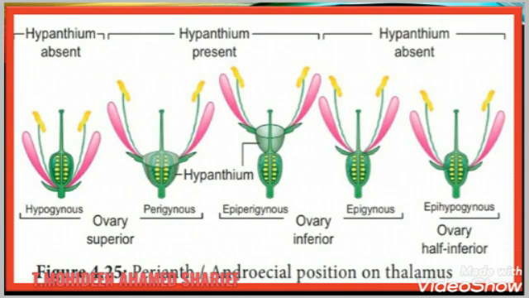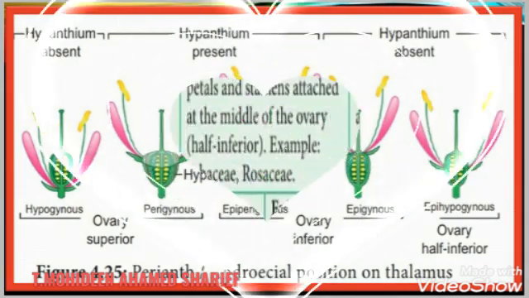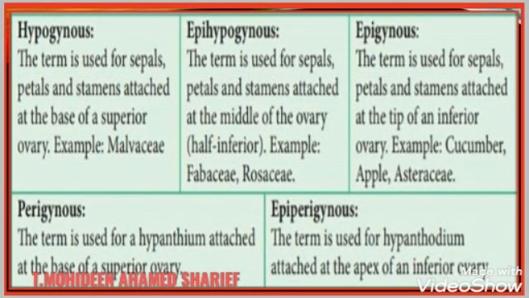So next we will see about placentation. The mode of distribution of placenta inside the ovary. So the types of placentation: marginal, you can see those in the diagram. It is with the placenta along the margin of a unicarpellary ovary, example Fabaceae. Second name is superficial. Ovules arise from the surface of the septa, example Nymphaeaceae.